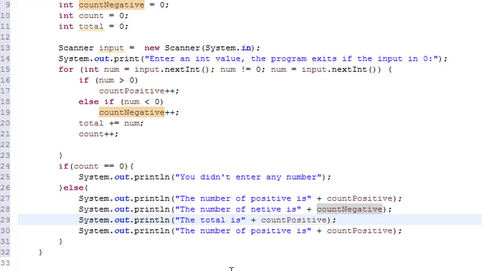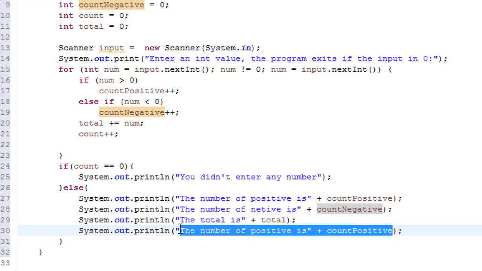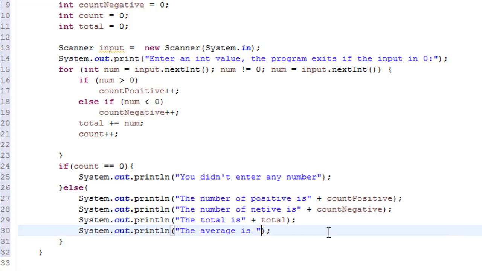And the total is, which is appended here, average is plus, let's see,